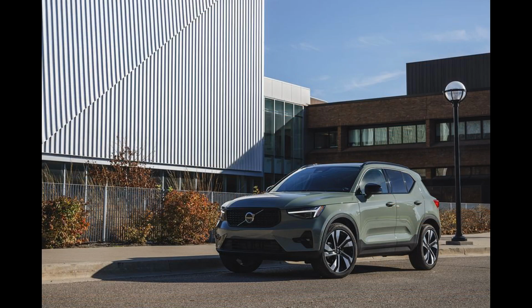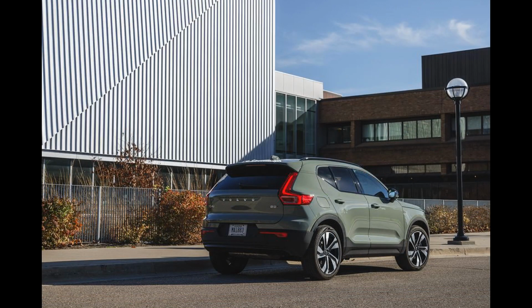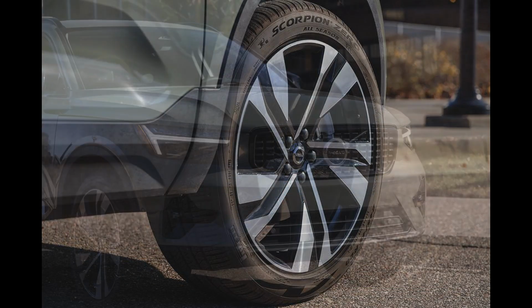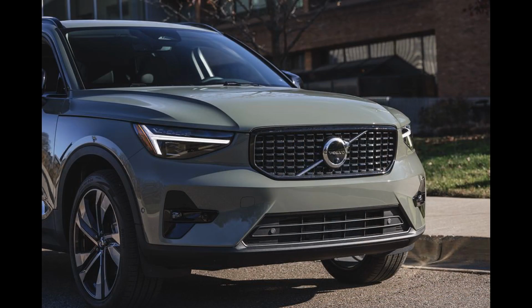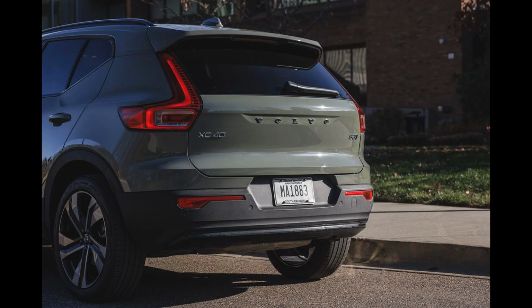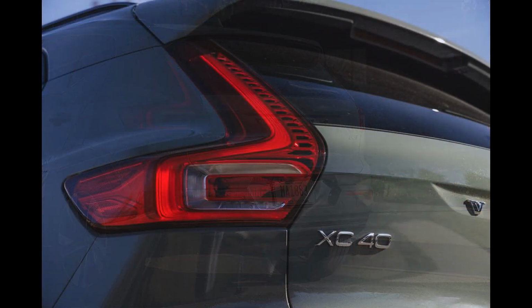A host of technology features are at the ready as well, including Volvo's advanced driver assistance tech and a new Google-based infotainment system. Two 4-cylinder powertrains are available, both with a 48-volt hybrid system, but only the more powerful of the two has all-wheel drive. An electric version is also available if you're looking for a more eco-friendly option, but we review the XC40 Recharge